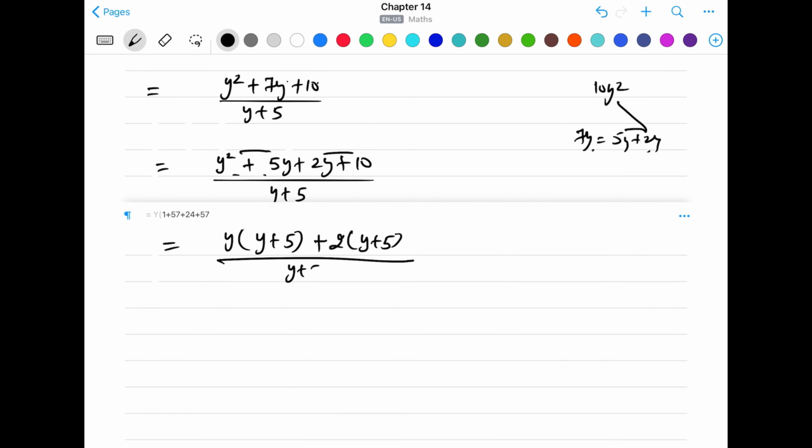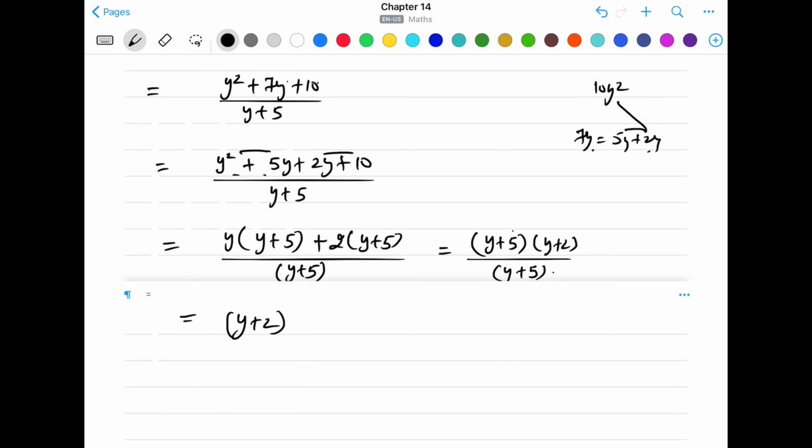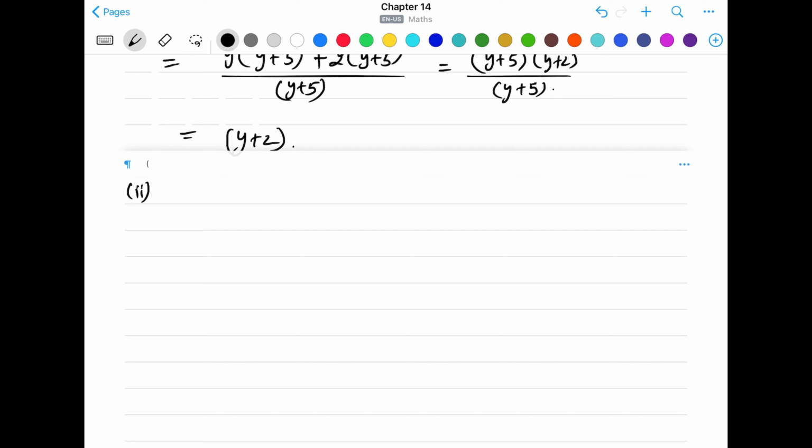So, and we have y plus 5 in the denominator also. Okay, so now after taking y plus 5 common, we are left with y plus 5 into y plus 2 divided by y plus 5. Okay, so this y plus 5 and y plus 5 will be divided, so we're left with only y plus 2. So that's the answer for this one. And moving to the next one, we have the second one,